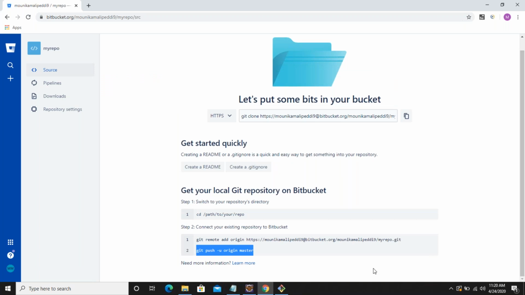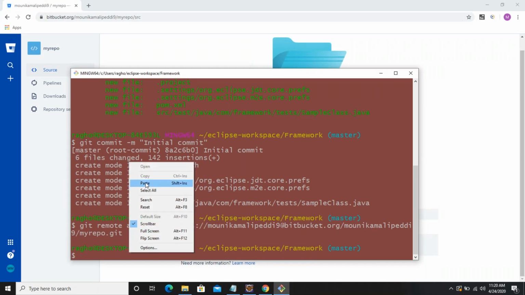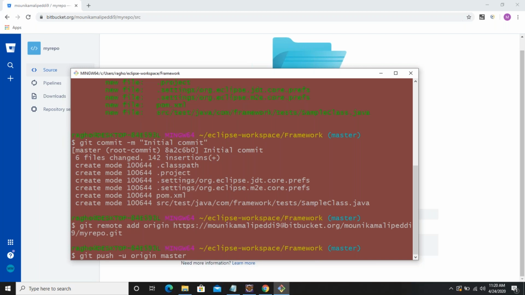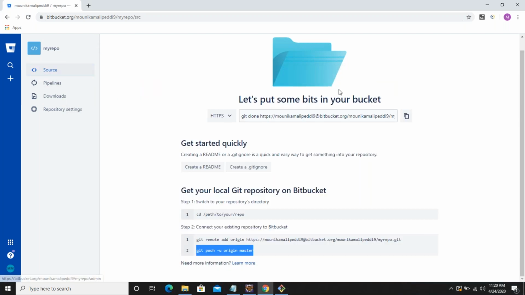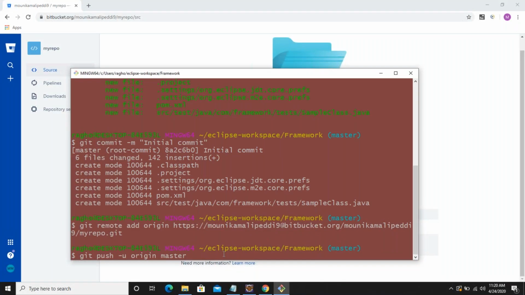As I told you, there are multiple branches. Master is one of the branches. You can also create branches by using the git branch command. But as of now, since we don't have anything on the repo, like you can see the source repo, still there is nothing, right? Now I'm going to push it to the source repo by using git push -u for upstream master.